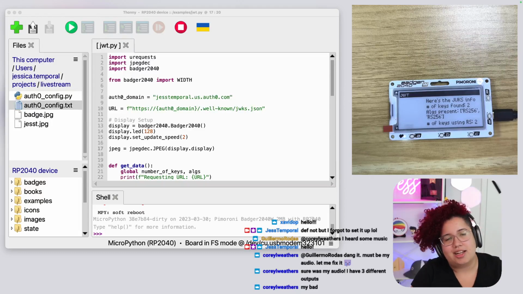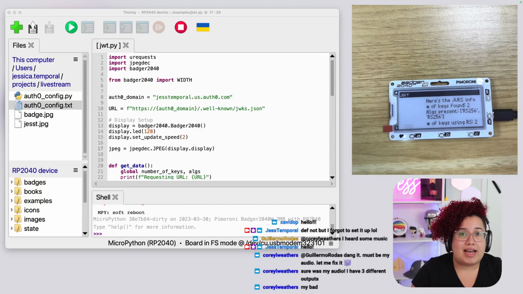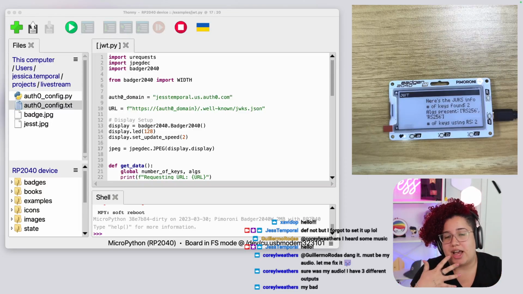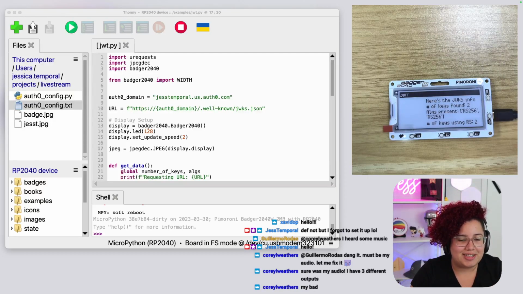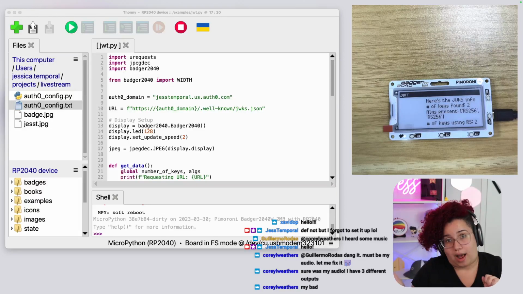So basically up top, you see the Badger. That's the device we are going to code in. I'm trying to use this little device that has Wi-Fi connection capabilities to show some maybe user data or something else. I haven't quite figured out what I want to do with it yet. But for today, I'm going to be trying to make a protected API request with it. And the API is protected by Auth0. So I'm hoping everything will work out.